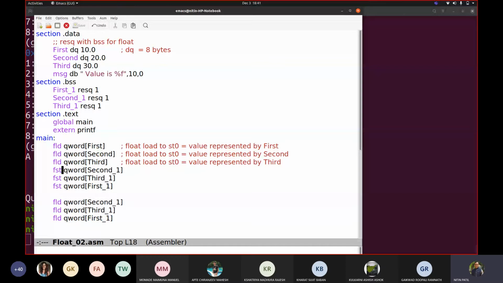Can somebody help me explain what will happen with FST for the three statements above? What would be the values in all these three variables? What value would be in second_1?